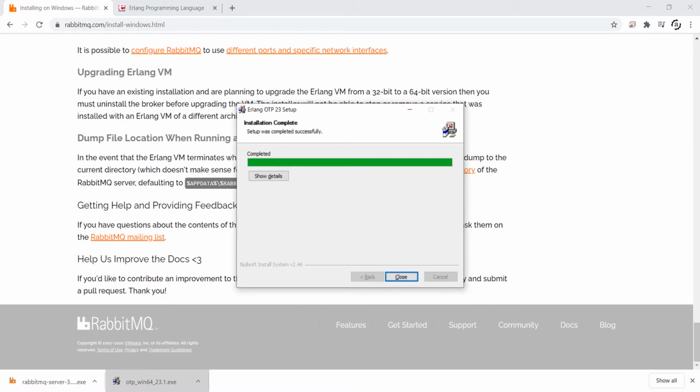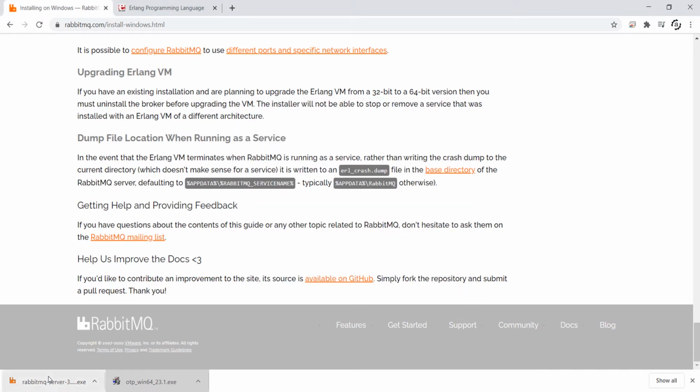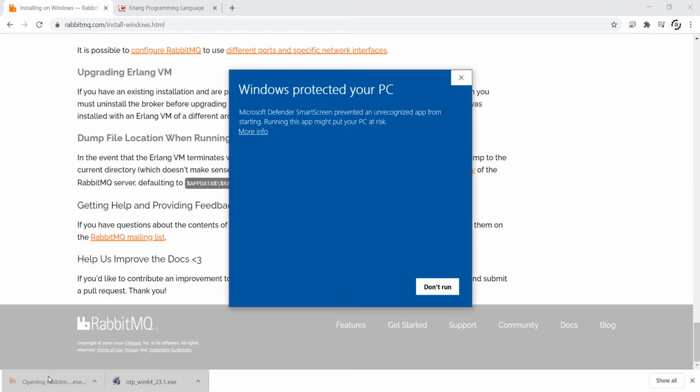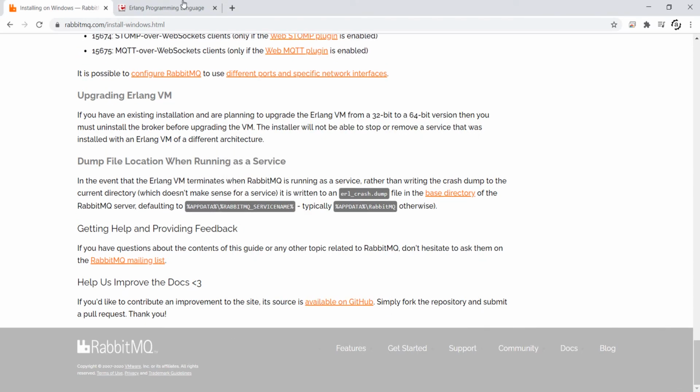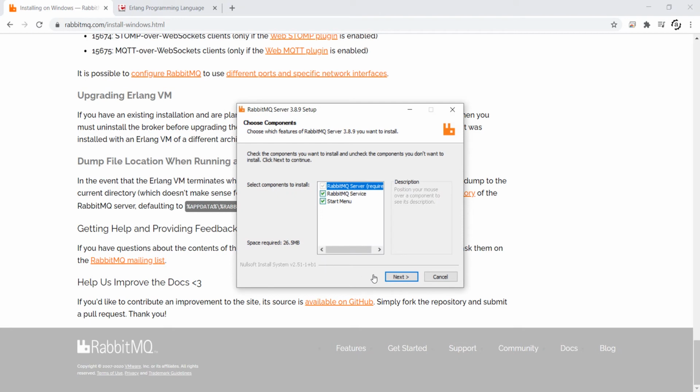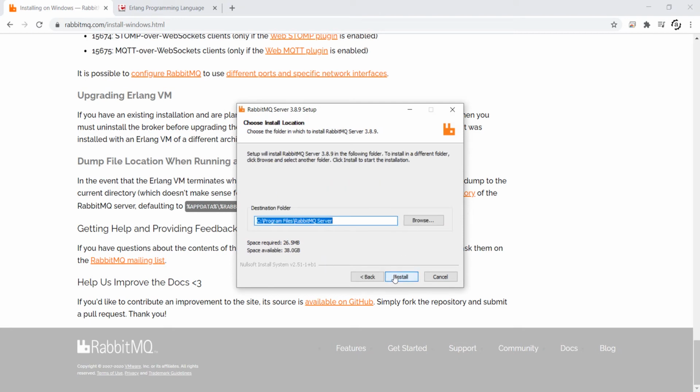Once the installation is complete, simply close the setup window and click on RabbitMQ. Your system might give you a warning, but simply run the setup and click on next.